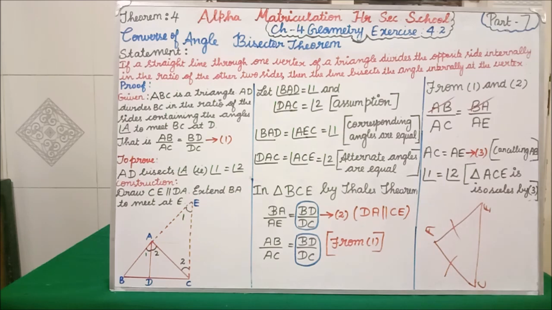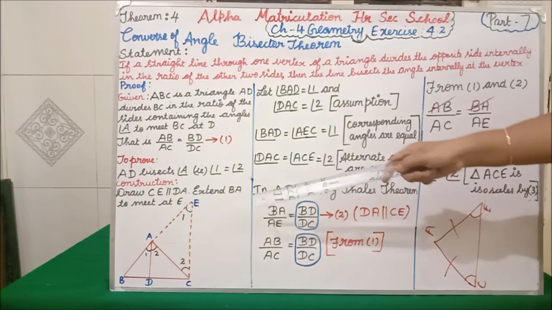Now, in the angle bisector theorem itself I told, in a triangle if the two sides are equal then the triangle is what triangle? Isosceles triangle, isn't it? The two sides are equal, then obviously the corresponding angles are also equal.